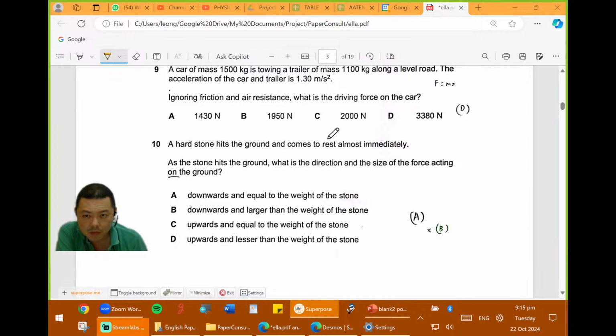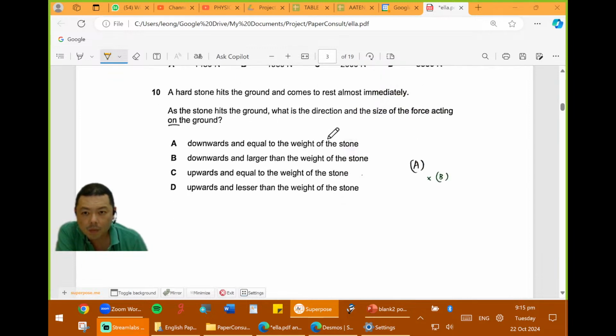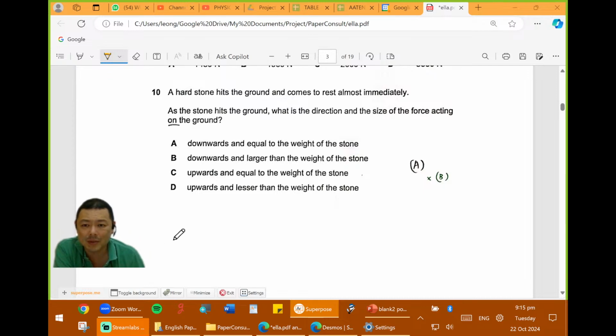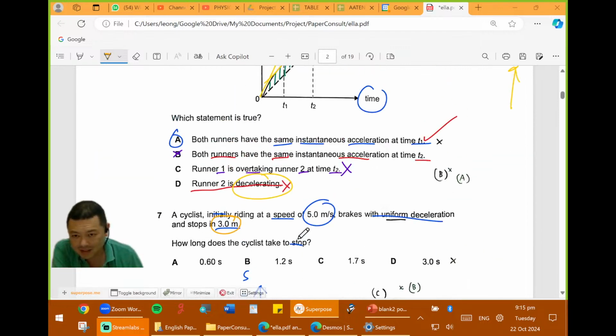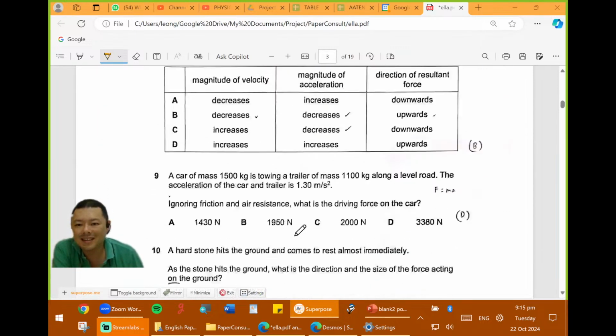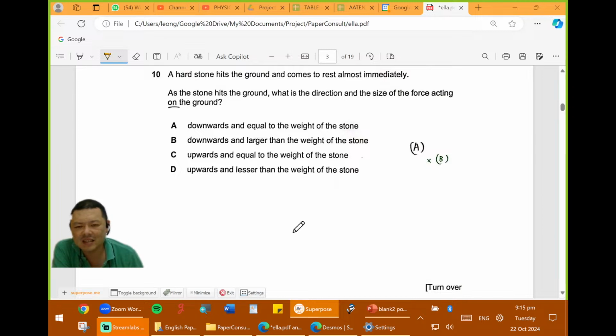You want me to go through? I think 10. I think I have to explain 10. Do you need me to explain 10? 10 is hard. I mean, I can recognize a hard question when I see one, so I know 10 is hard. Hey, 7 wasn't hard, huh? Okay, 10 is hard.